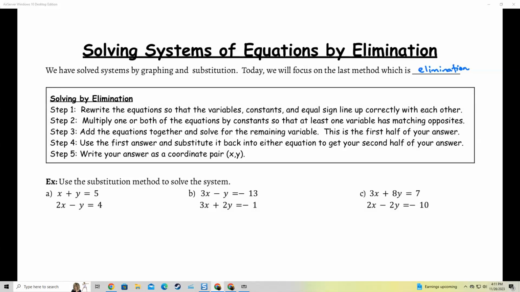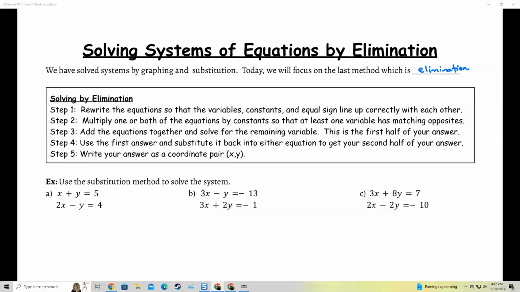Just like substitution, there's a lot of steps. There's 5 steps, but it's very, very similar once you get about halfway through. Okay, so the first couple steps are going to be a little bit different, and then afterwards, you're going to be like, oh, I've done this before. So step one is going to be rewrite the equation so that the variables, constants, and equal sign line up